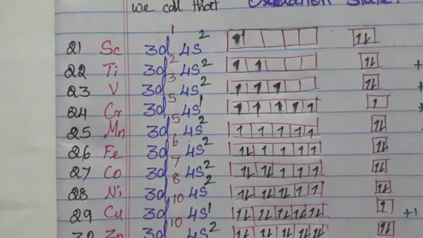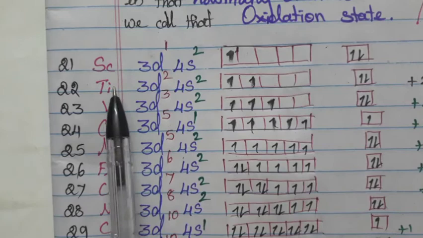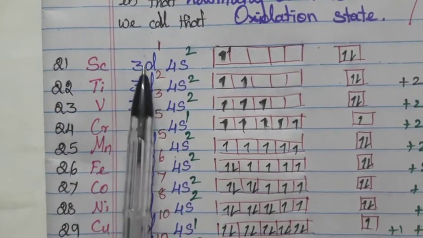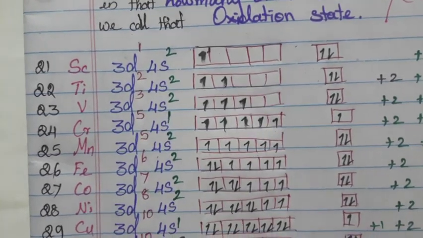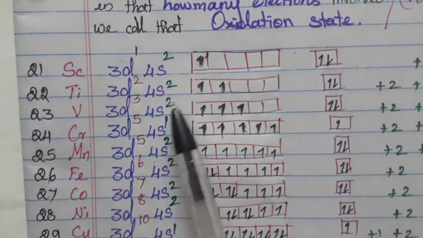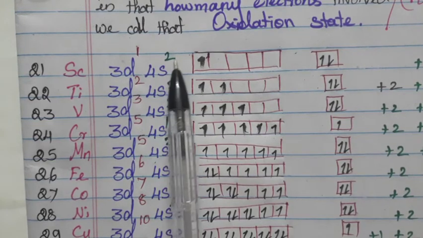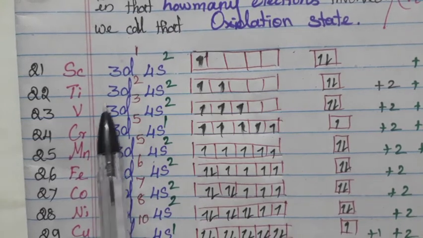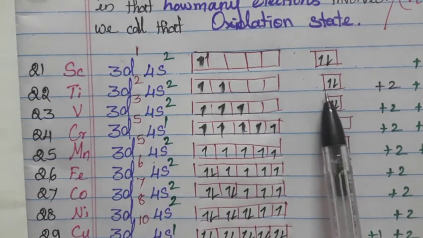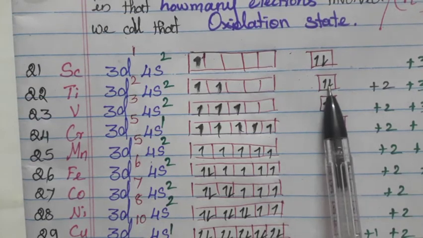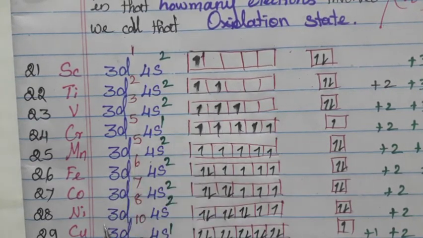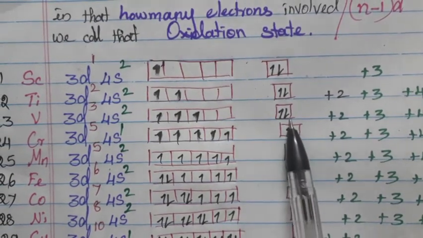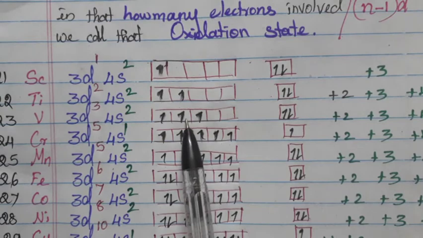That's what I have given you here. You see, scandium has atomic number 21 and the outermost shells are 3d1 and 4s2. Because in the outermost they have 3 electrons: s2 electrons, d orbital 1 electron. Whereas titanium got the outermost electrons 4, so here ns2 and 3d2. And vanadium has 5. You see s2 and d3.